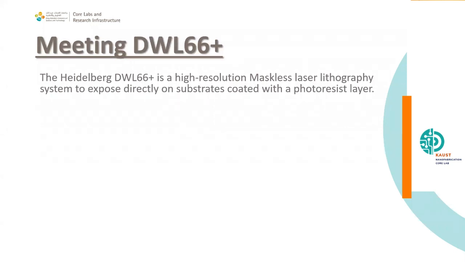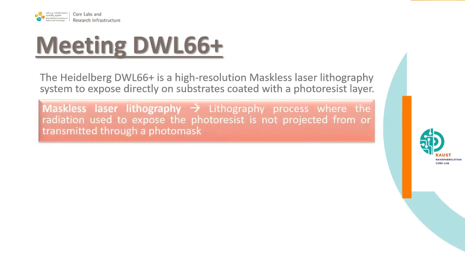Also, you could expose wafers, but you couldn't expose small samples. Instead, this one is much more versatile and you can expose any size of sample if it's coated with a photoresist layer. So for those that are not familiar with maskless laser lithography,